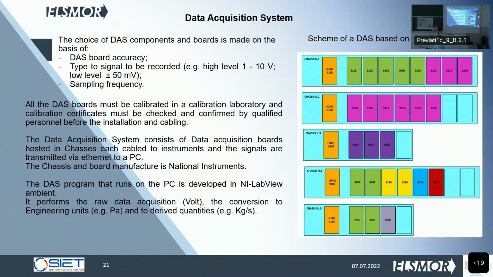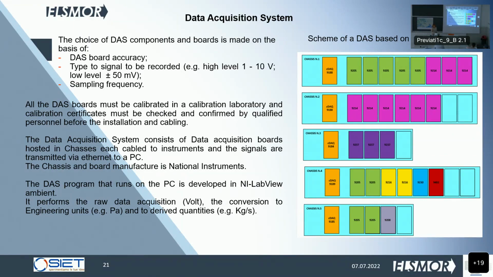We have a control room where there are some controllers to control the facility, I mean to run the pump, to heat up the electrical heater and so on. And we have a computer that does the data acquisition and controls the thermohydraulic parameters. The software performs several actions: it acquires the voltages, then converts the voltages to engineering units, for example, kilopascal or megapascal, depending on